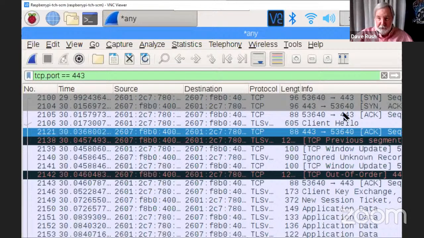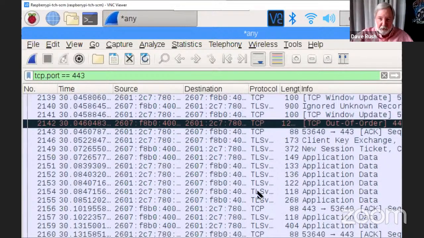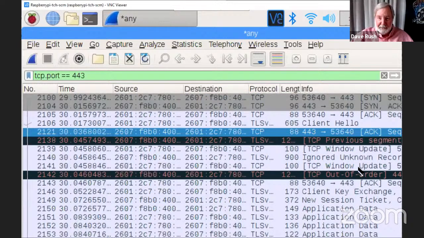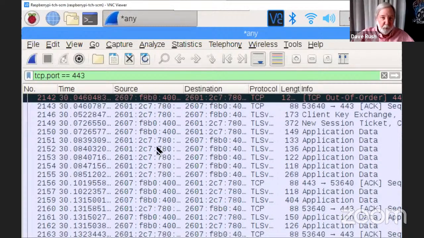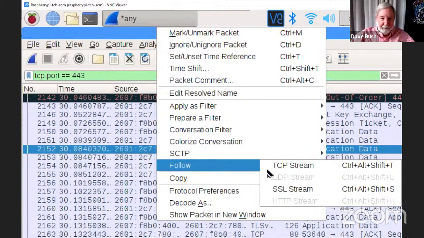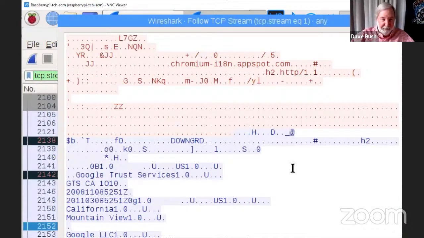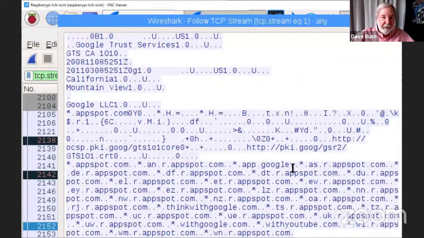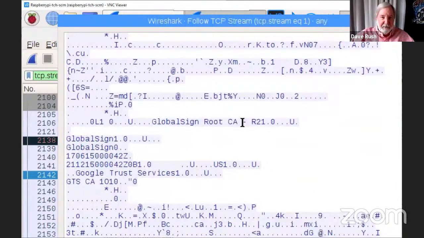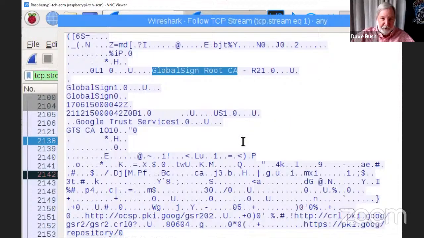We know that secure web servers use port 443. They may or may not use a Diffie-Hellman exchange, a TLS certificate exchange. They use the same TCP processes: SYN, SYNACK, ACK. And if we do a follow stream just for hoots, I'm not sure what's going to happen here. But I know that if it's port 443 anything, it's going to be encrypted. I saw a little bit of beginning text before the encryption process starts. There's some more. Hey, GlobalSign is the root certificate authority for the certificate exchange.